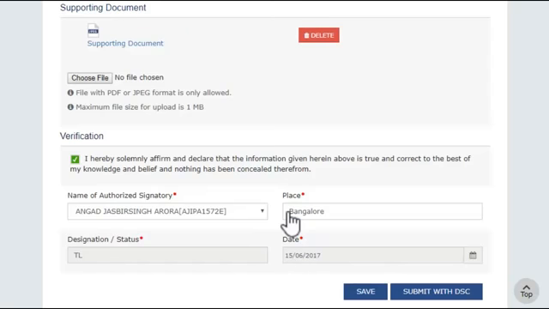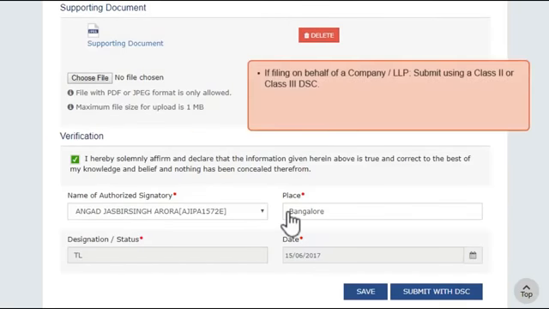and submit the clarification using PAN-based Class 2 or 3 Digital Signature Certificate (DSC) in case of company or limited liability partnership (LLP). But before submitting the clarification using DSC, the DSC needs to be registered using the Register DSC service on the portal.